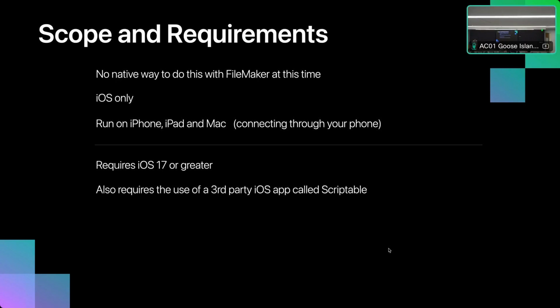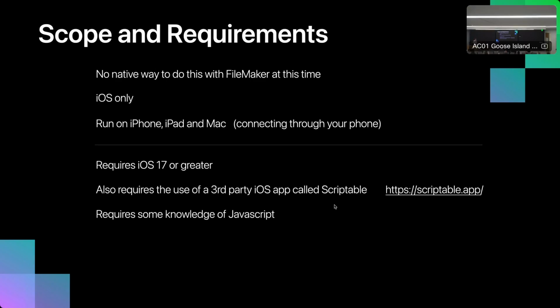It requires iOS 17 or greater. It also requires the use of the app called Scriptable. It requires some knowledge of AppleScript, but I'm not going to cover that here. The examples that I provided are ready so that you can just set them up on the server, go through the process and set up the Claris Connect flow, and you're up and running with the same examples I have here. You just have to generate your own webhook, update the JavaScript files with that webhook, and then you can tear apart those examples and build your own into your own systems. It requires FileMaker Server with the Data API enabled.